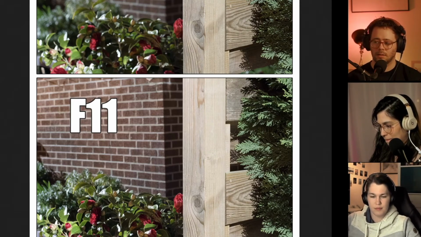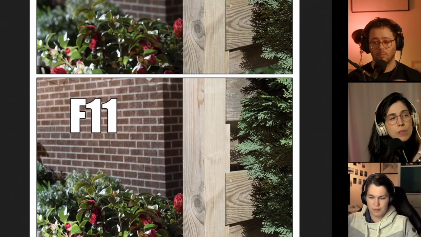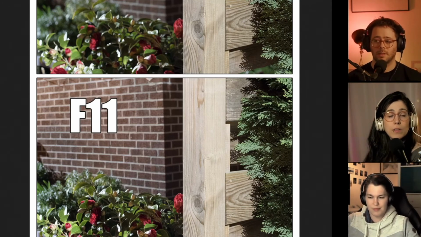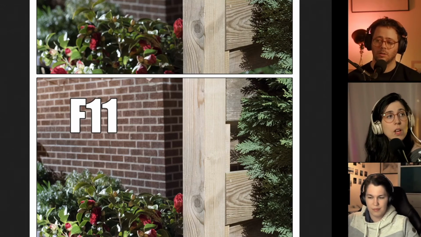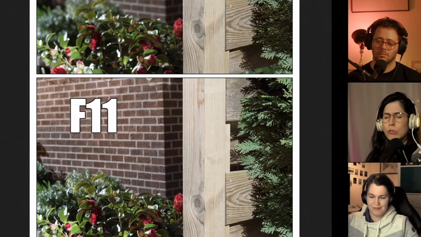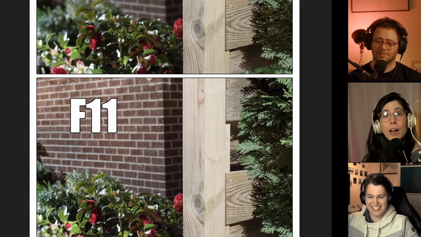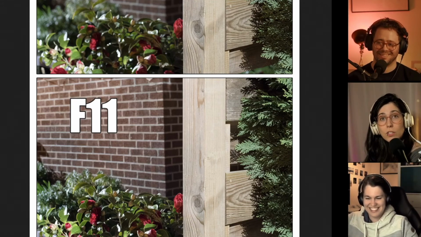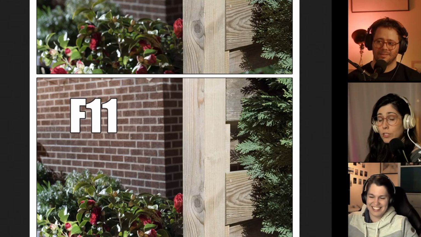You have to know the sweet spot of your lens, or maybe more than one sweet spot, because it depends on what you're focusing on as well. Yes, a lot of people, I have come across this, that bokeh is very popular, so people get into photography and they're like, oh, I want the fastest lens I can get, give me the sweet 50 millimeter 1.2 Canon lens that costs one kidney and half of your liver, and then they shoot at 1.2 and they are like, my photos are not sharp, what's going on?